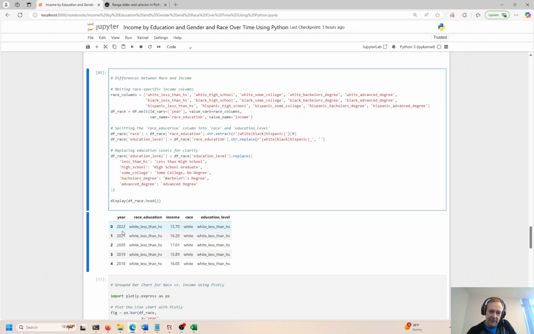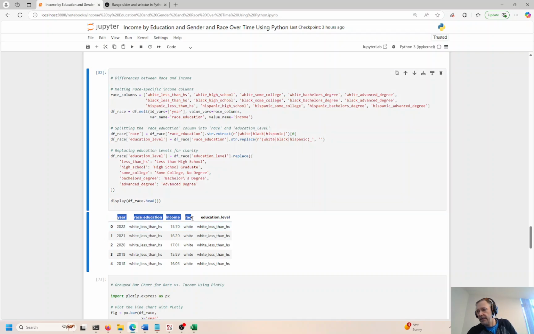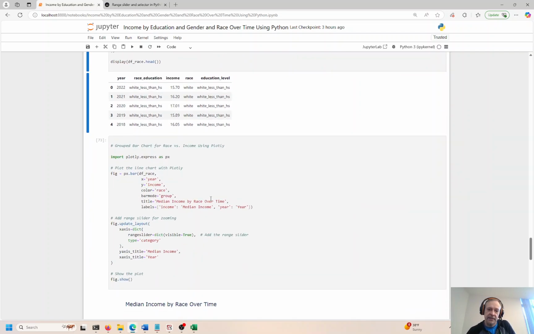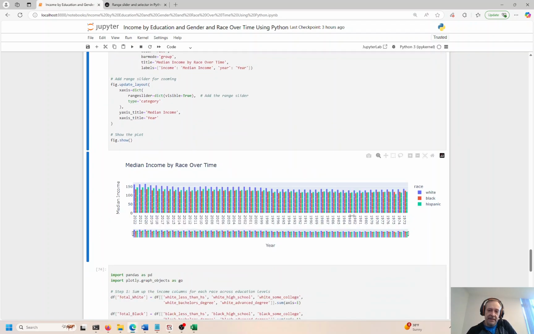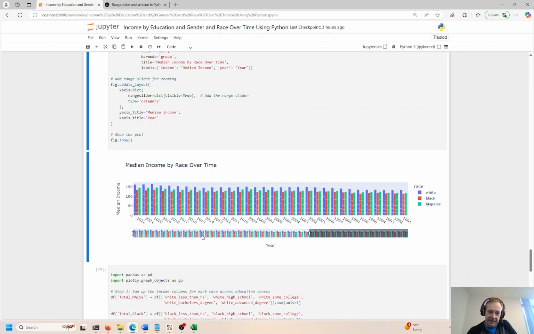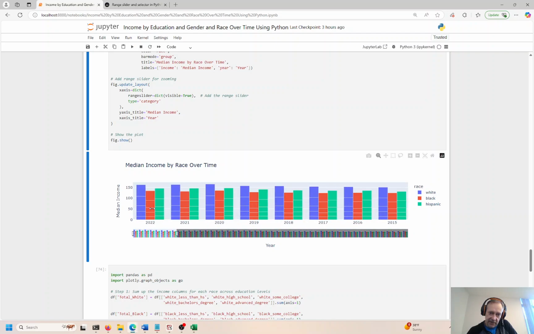So we melt the data frame. Again, we get year, race, education, income, education level, control enter to refresh it, and we will create the plot right here. Okay, and again, pretty busy, so let's distill it down to the most recent years, and we have whites here in blue representing blue, black is represented in red, and Hispanic is indicated with this green color here,